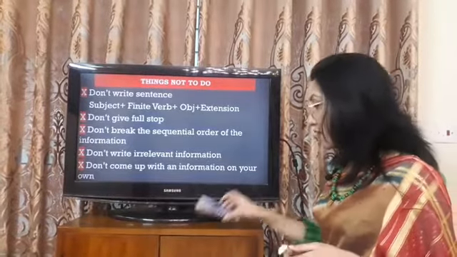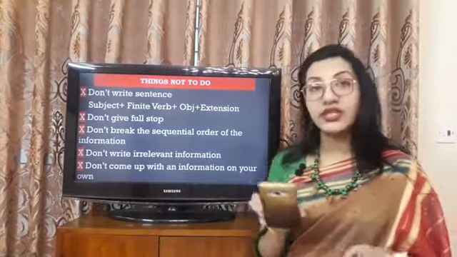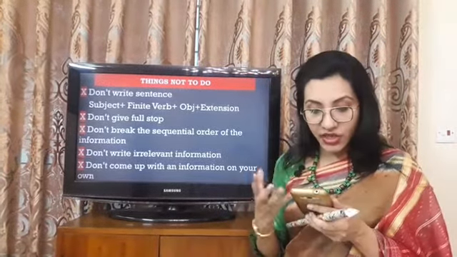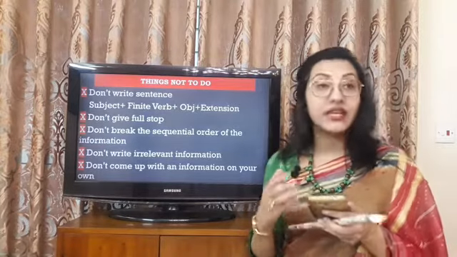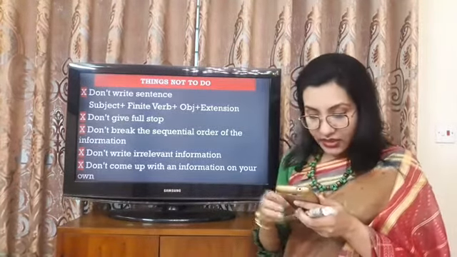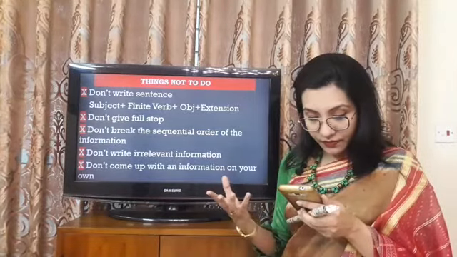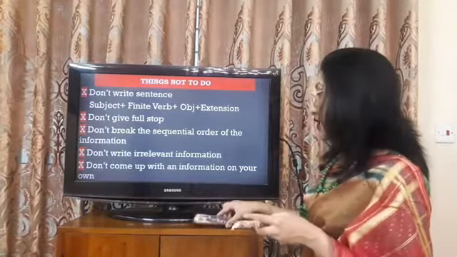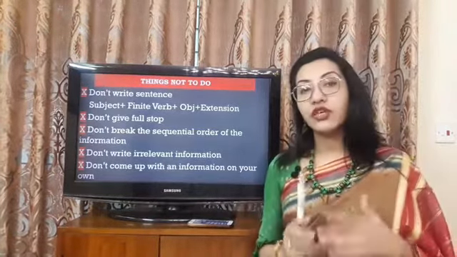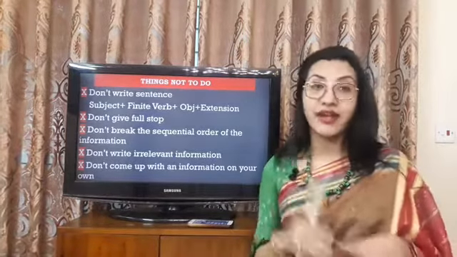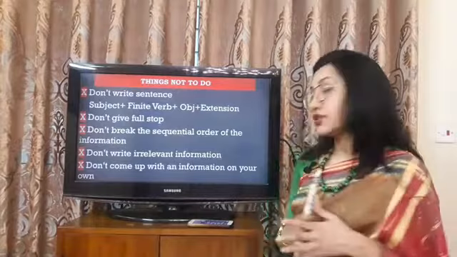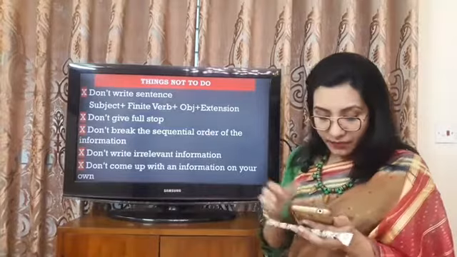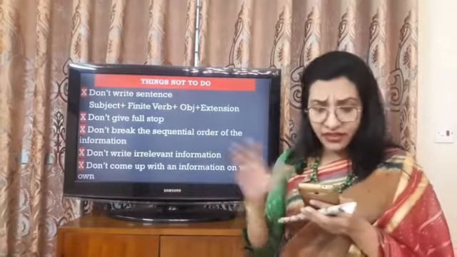ডোন্ট রাইট ইররিলেভেন্ট ইনফরমেশন। কখনোই এমন কোনো ইনফরমেশন দেয়া যাবে না দ্যাট ইজ ইররিলেভেন্ট, যেটা আমাদের অপ্রাসঙ্গিক, যেটা আমাদের কোয়েশ্চেনের সাথে যাচ্ছে না। সো উই আর নট গোয়িং টু রাইট এনি ইররিলেভেন্ট ইনফরমেশন। It has again gone blur. And number 5, don't come up with an information on your own. If the information is not given in the passage, you don't have the right to write that on your own in the exam script. So কখনোই নিজের মতো করে কোনো ইনফরমেশন বানিয়ে লেখা যাবে না।